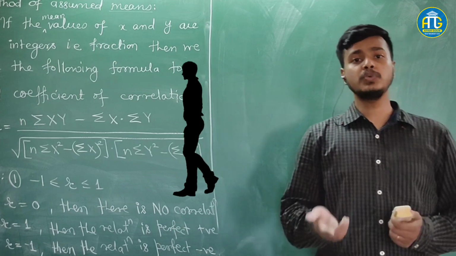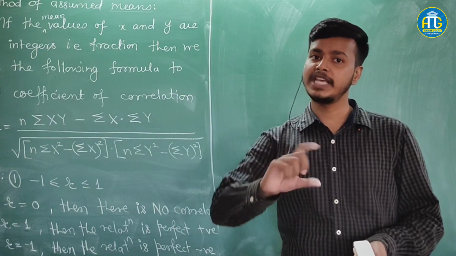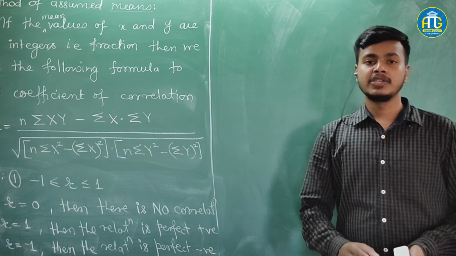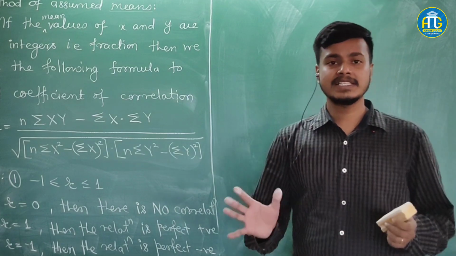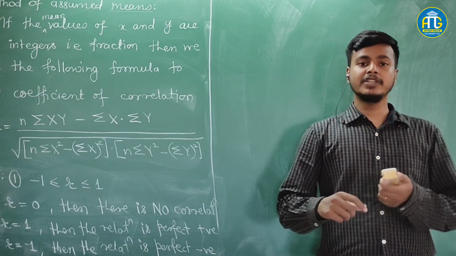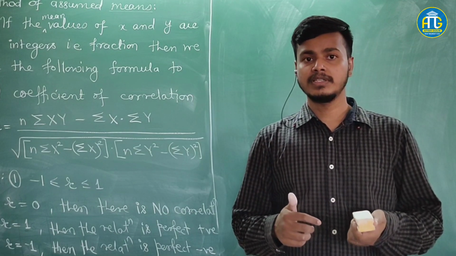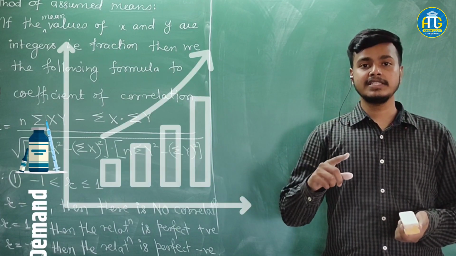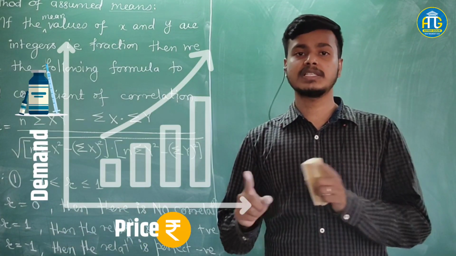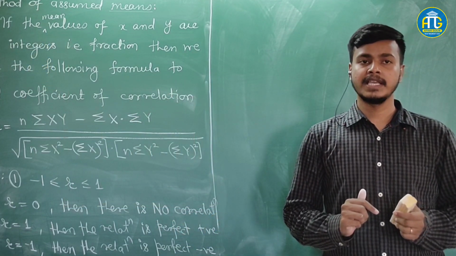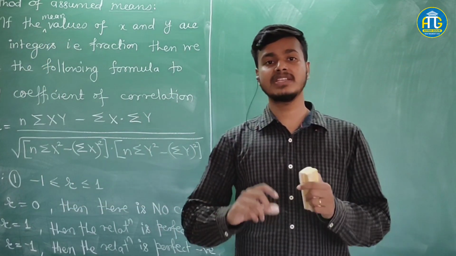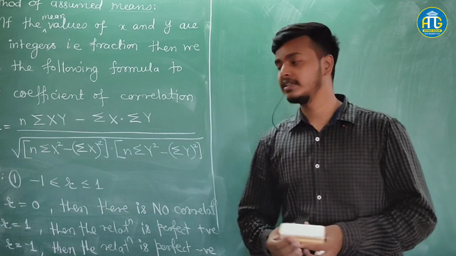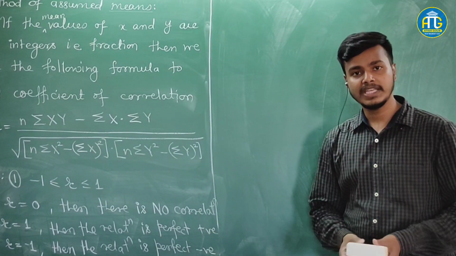Like the more you walk, the more calories will be burned. So there is a correlation, and that correlation is nothing but the perfect positive. Talking in terms of the present scenario, the demand of the injection which is used in the treatment of COVID will increase, and so will the product's associated price. There is also a correlation in weight and height, like taller people seem to be heavier. So these are examples of correlation.